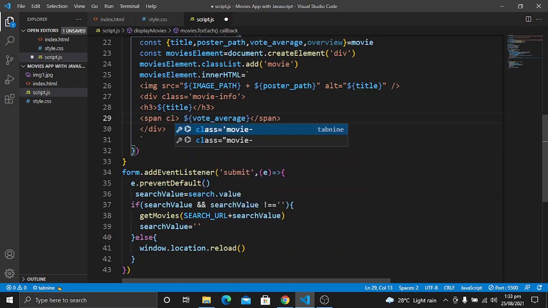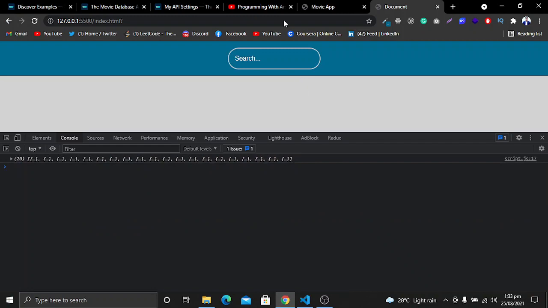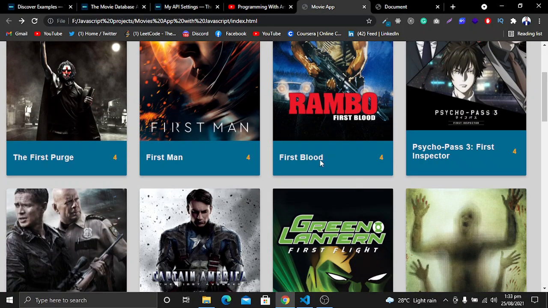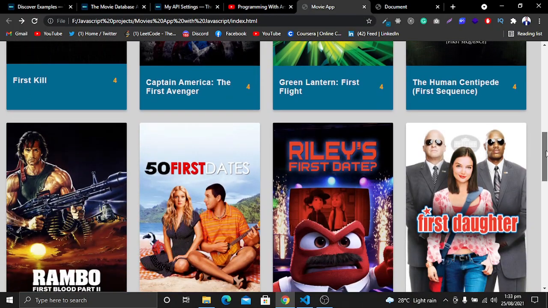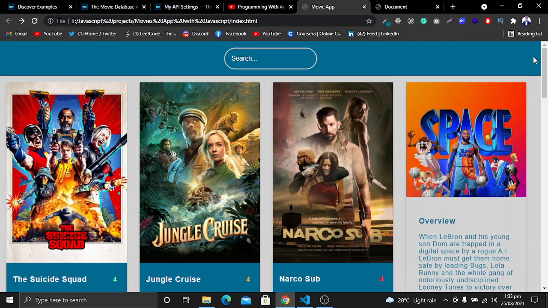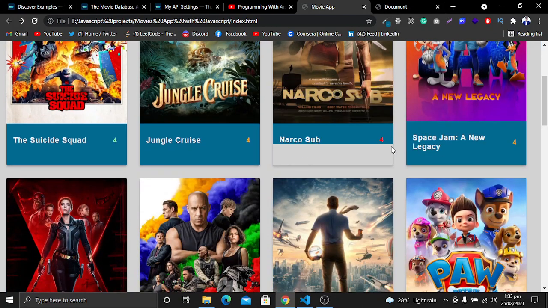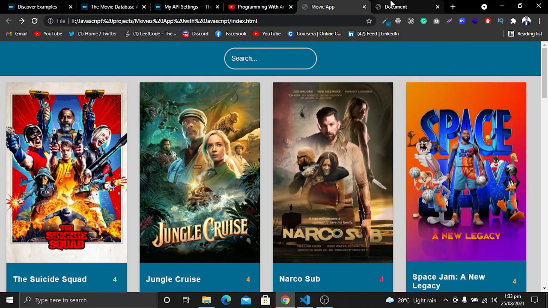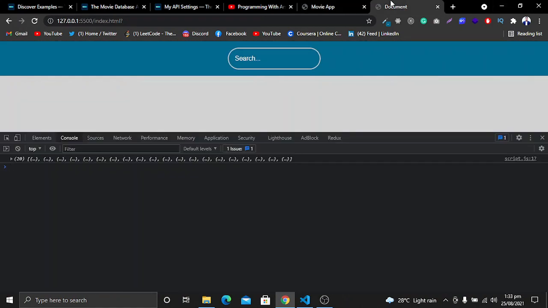and we also want to give it a class. So we will create a function for this. The reason is that, as you will see, there are different colors such as red, green, yellow, based on the rating, and we want to create these colors.